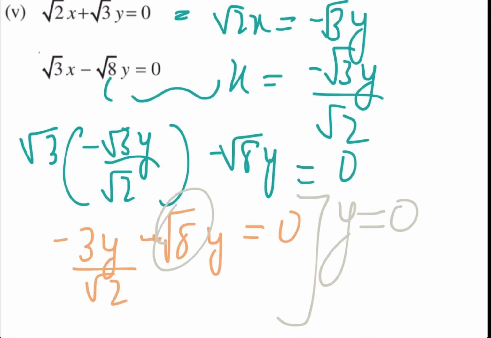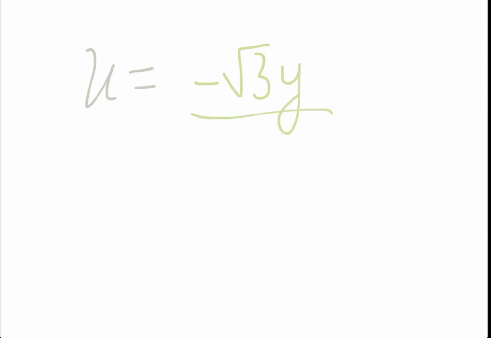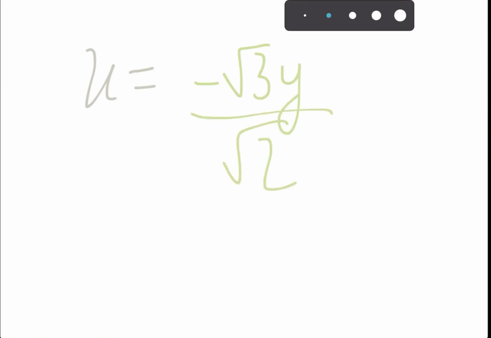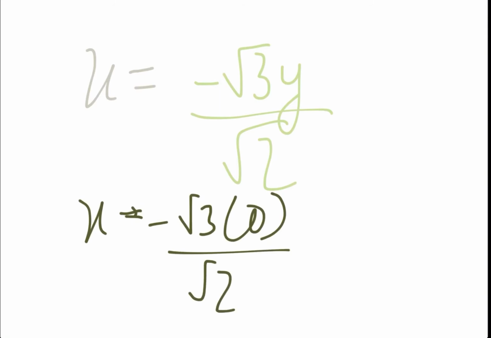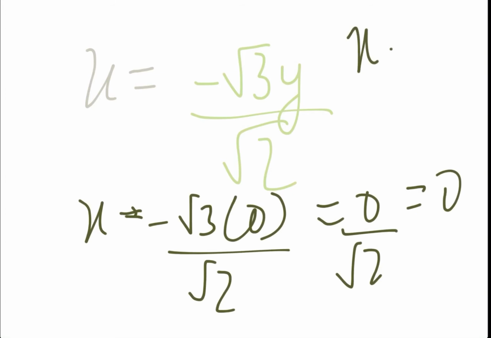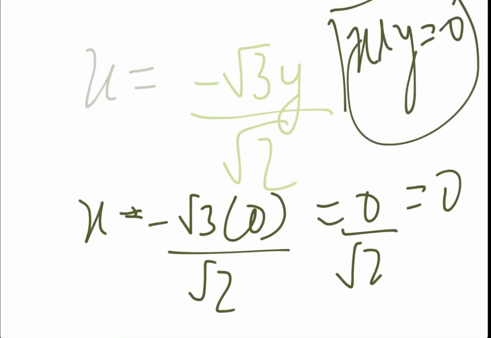Now you can see the value of x. x is minus root 3y by root 2. I'll change the color. Minus root 3y by root 2 was the value of x. I put the value of y here, and I will get that x is equal to minus 3 into 0 by root 2. What is minus 3 into 0 by root 2? 0 by root 2, and 0 by anything is equal to 0. That means x and y are both equal to 0 is my answer to this question.